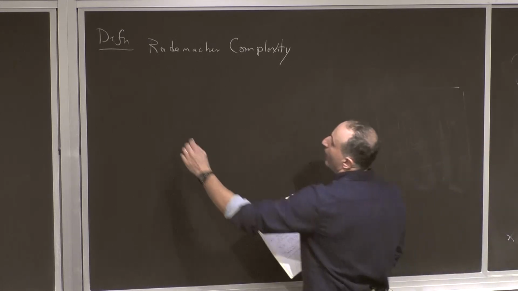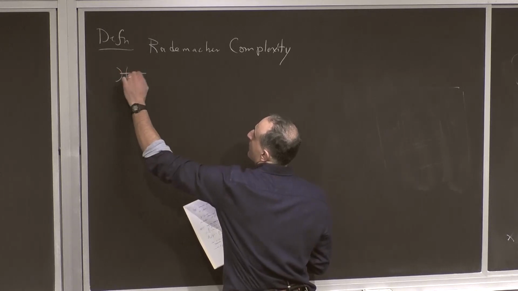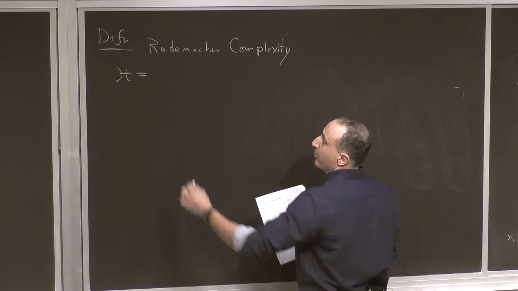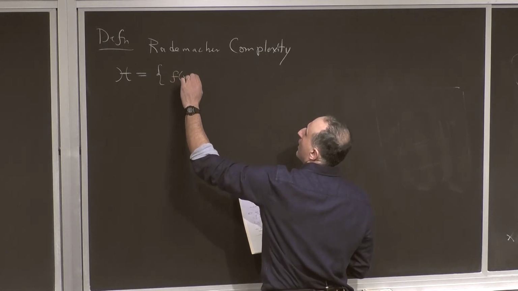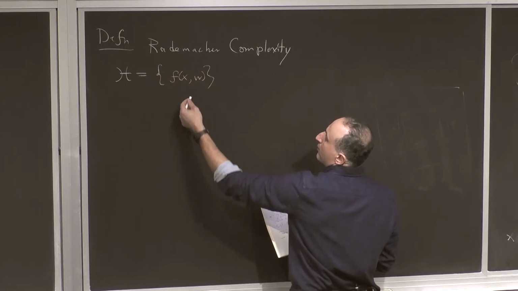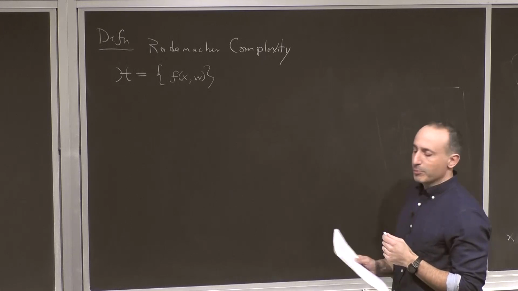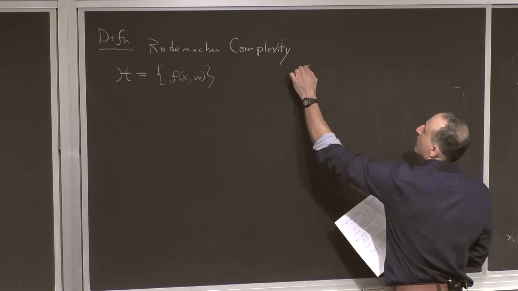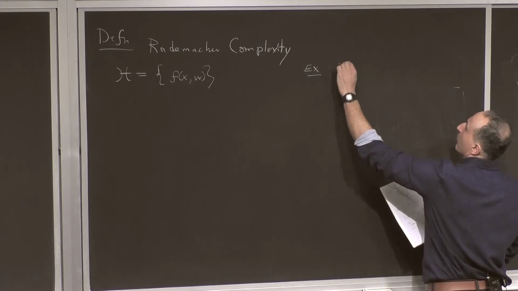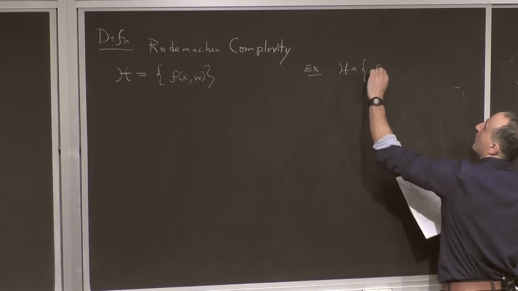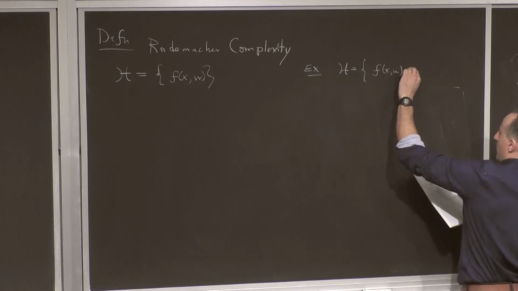Okay, so I've got my hypothesis space of functions. They don't have to be parameterized by W, but just to make it a little less abstract, think of them as some set of functions, maybe parameterized by W. And for later, the example we're going to have would be